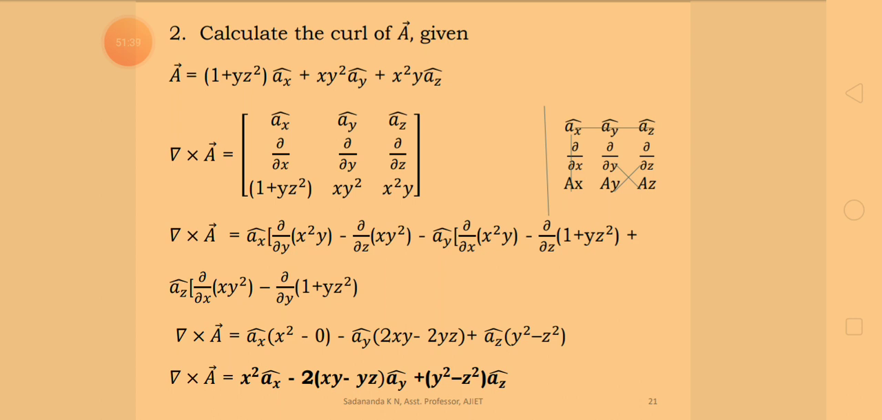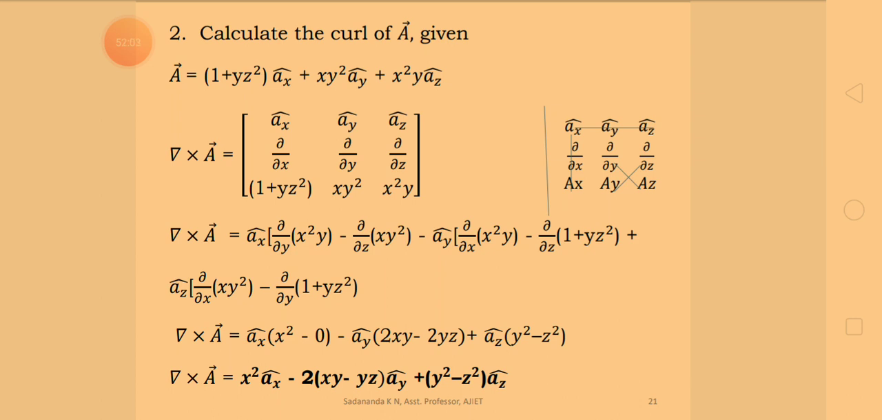Minus again a_y cap open bracket ∂/∂x of x²y, with respect to x it is 2xy, minus ∂/∂z of 1 plus yz², with respect to z it is, therefore first term is 0, 2yz,